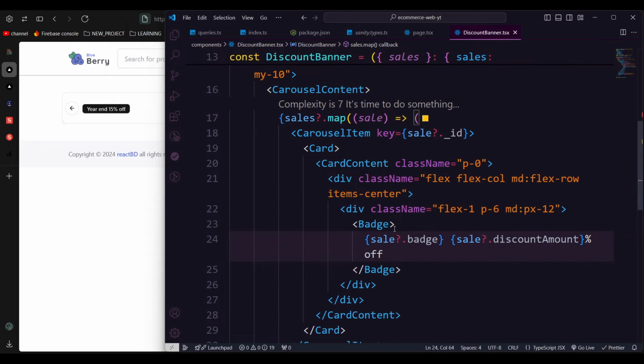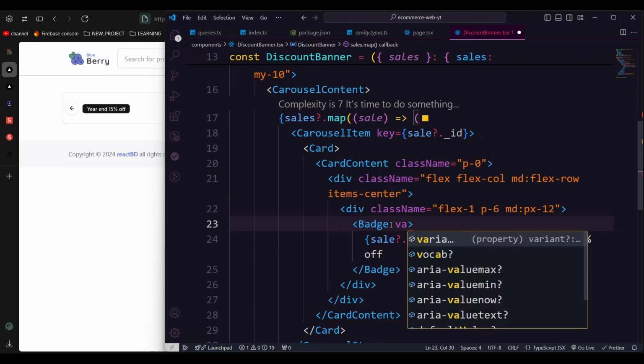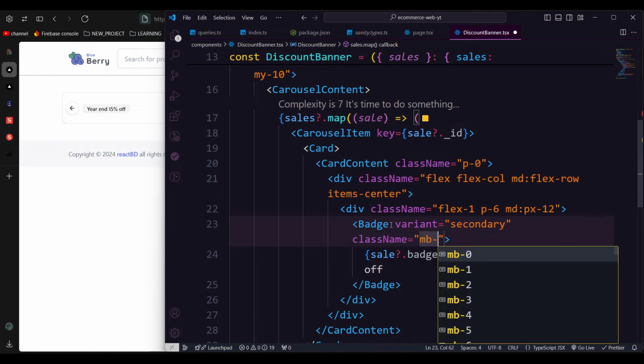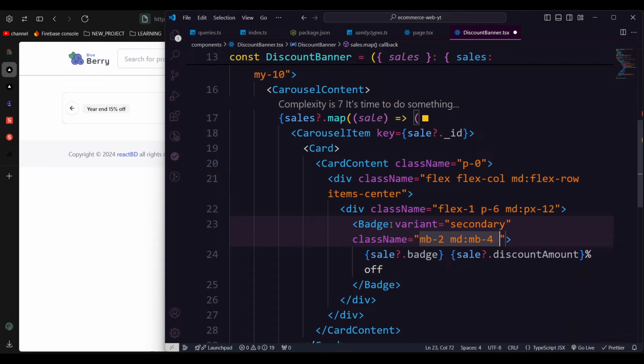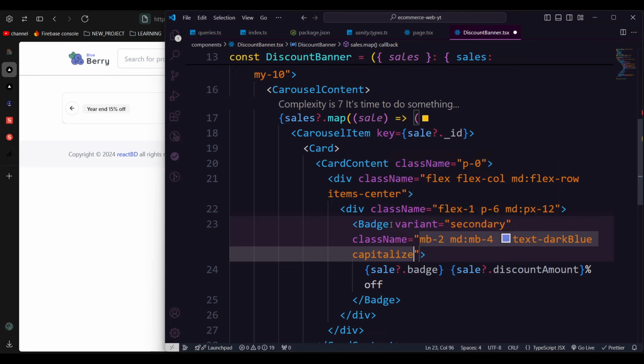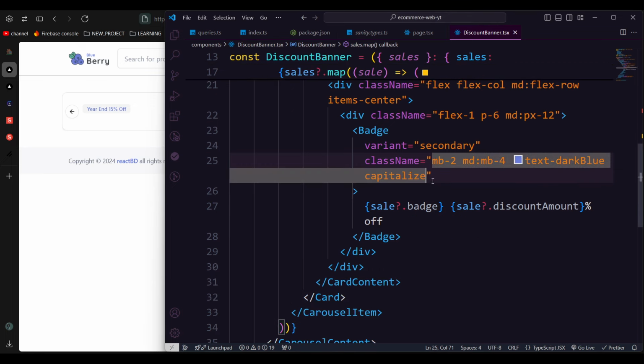And now it's a black variant. We're going to pass the variant layer, so the variant should be the secondary variant, and after that we can also add some class names. Margin top should be 2, MD screen margin bottom should be 4, and text should be dark blue, and I'm going to make everything capitalized. As you see, now it should end up okay in the sale, so the first and last are looking